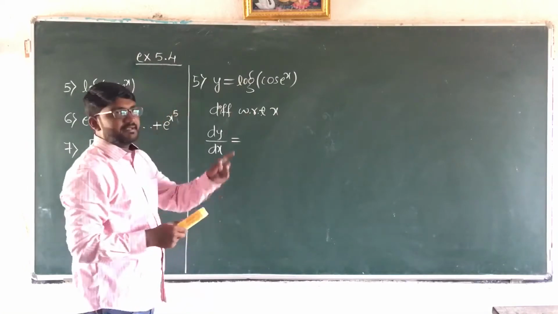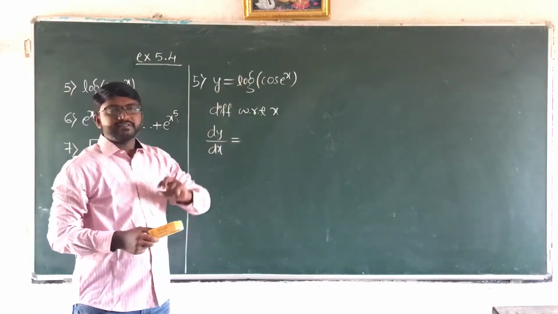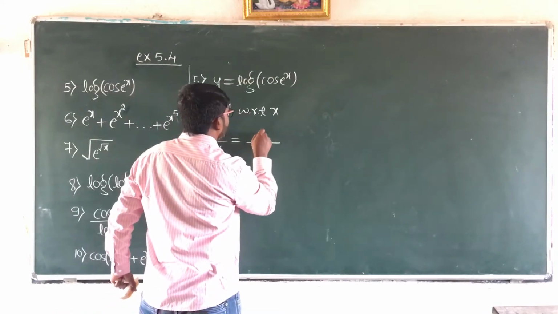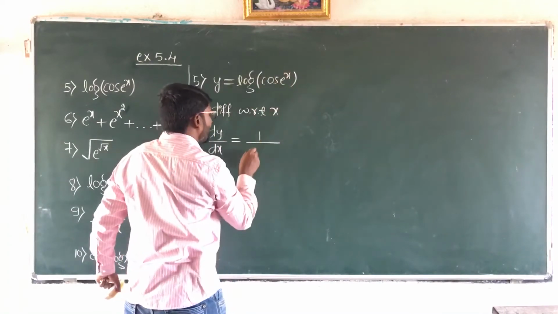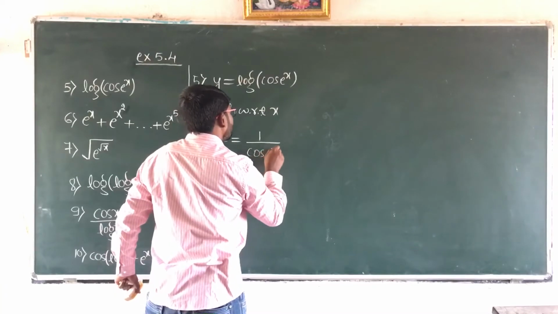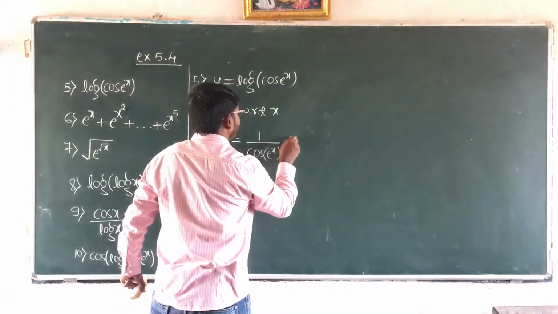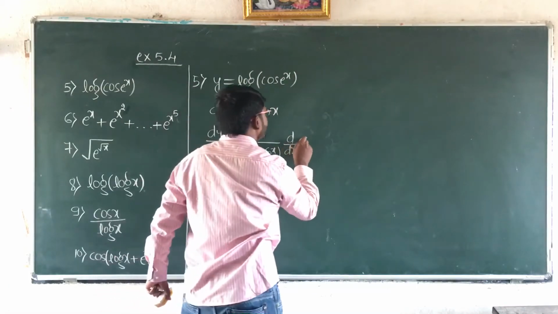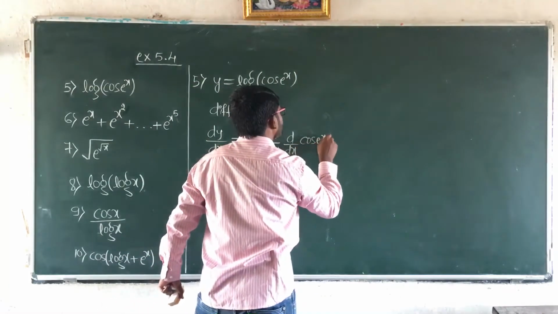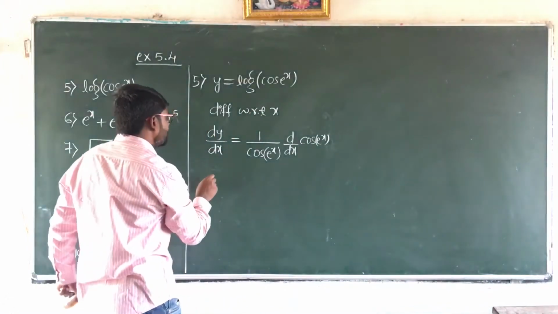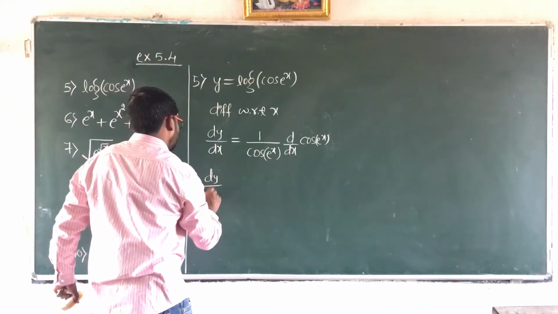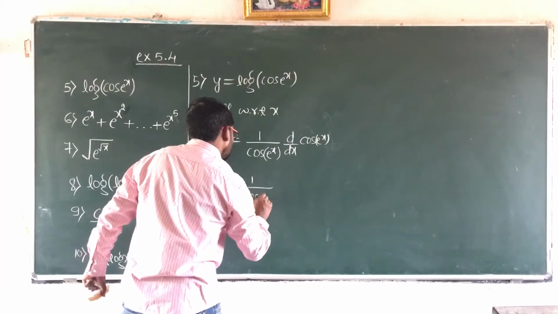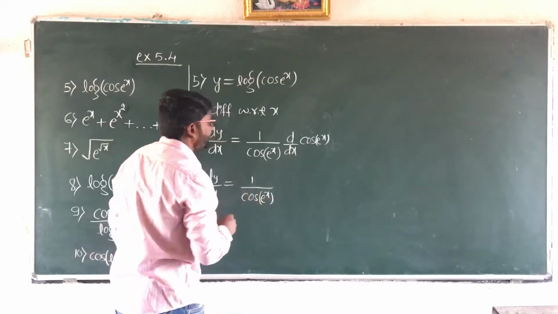So now see here, it is in the form of log x. What is the derivative of log x? It is 1 by x. So it is 1 divided by x, where x means cos e power x, then into d by dx of this inside function, that is the derivative of cos e power x. So now dy by dx is equal to 1 divided by cos e raised to x into